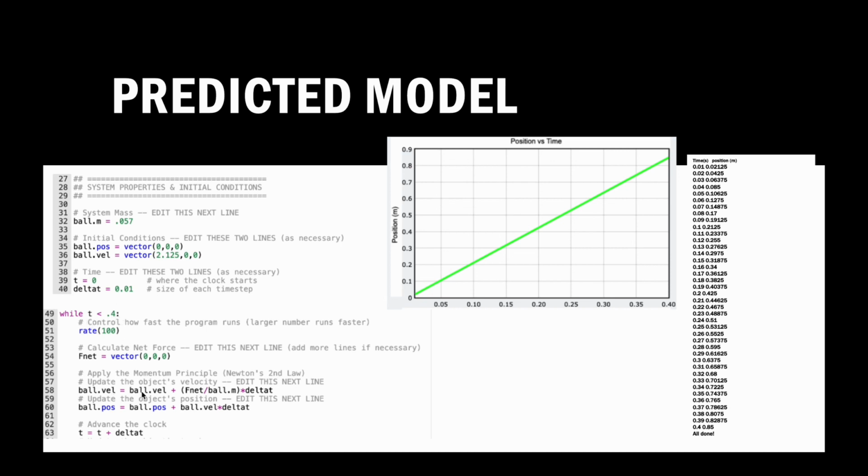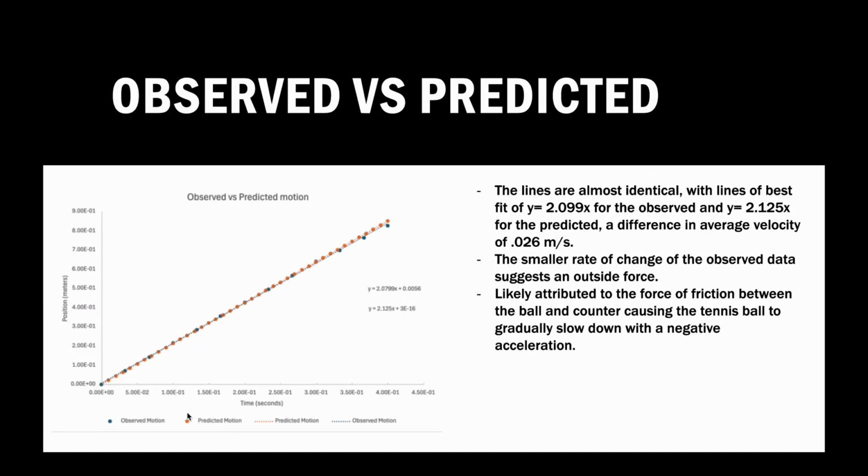And then I also updated the object's velocity with Newton's second law. So I made sure that this was equal to F net over the ball's mass. And the ball's position is updated using the ball's velocity and delta t. And so I plotted the observed motion that was shown on Tracker versus this predicted model that I used the code for. And so the slopes of the lines, I used lines of best fit, differ by